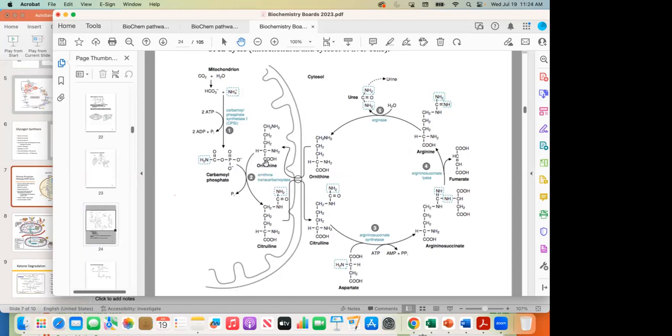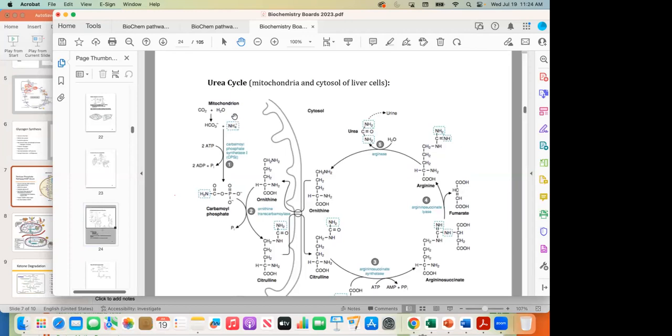If this process doesn't work, if this enzyme isn't working, we can have buildup of these back products, which could be carbamoyl phosphate, which then would lead to a buildup of bicarb and ammonia or ammonium, which would be toxic to the body. We can see a buildup of ammonium for multiple different reasons. We often see it with liver damage, cirrhosis, or fibrosis, because again, this is occurring in liver cells and hepatocytes. So if the liver has damage or death or dysfunction, and this process can't go through, that's how you can get ammonia or ammonium buildup.